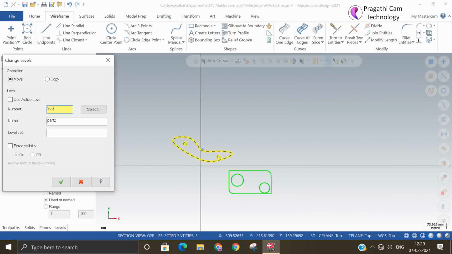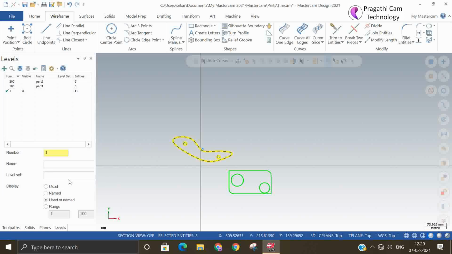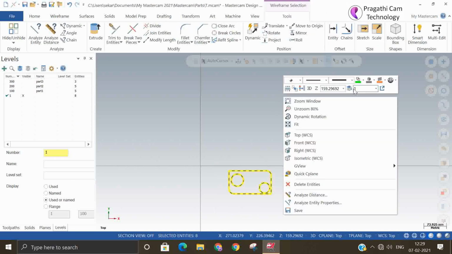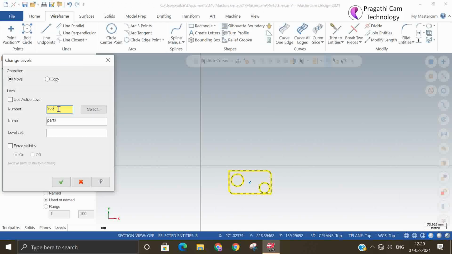So we can name it part 3. Next we'll select the entire thing and change the level to 400. This is part 4. So instead of making a separate file, I kept it in this layer. So it's up to you.